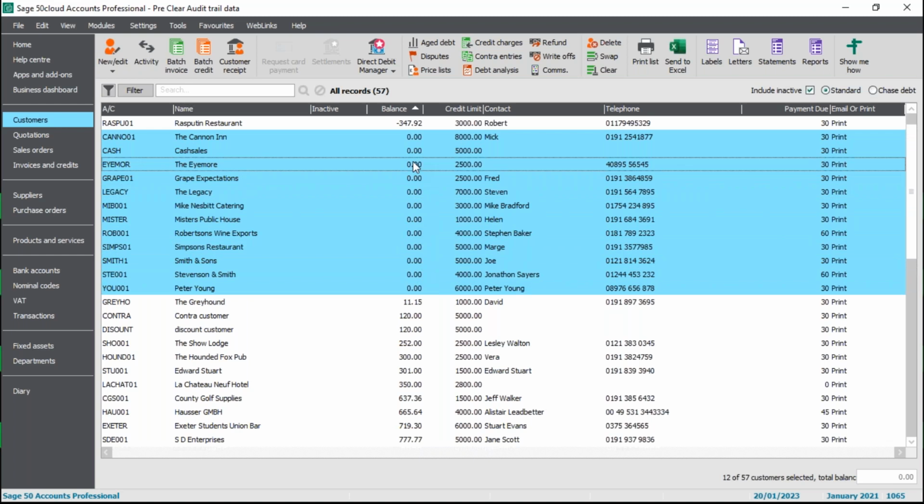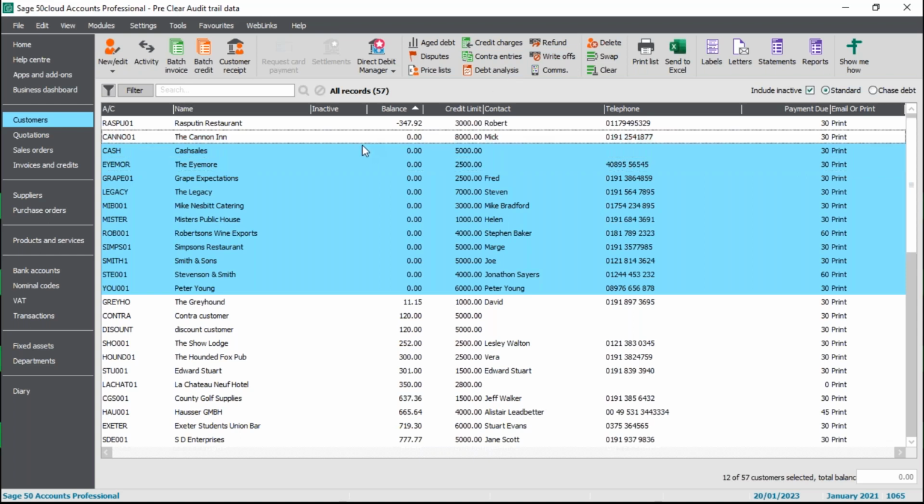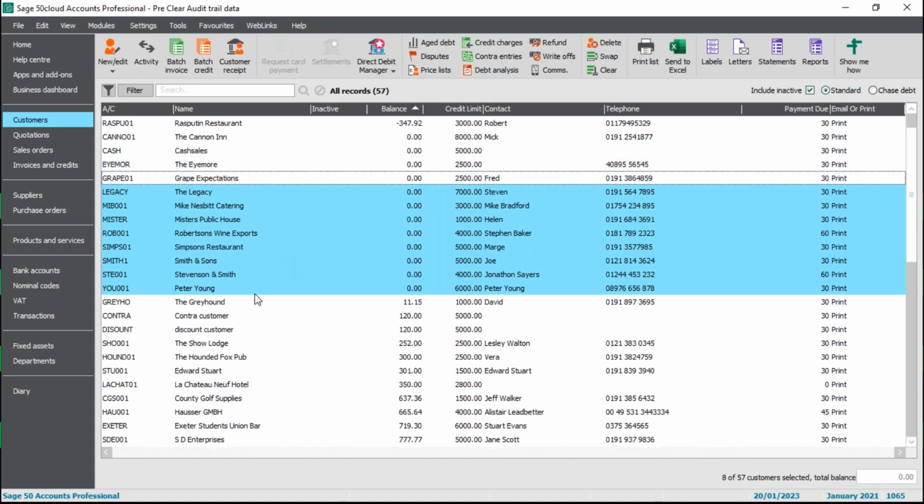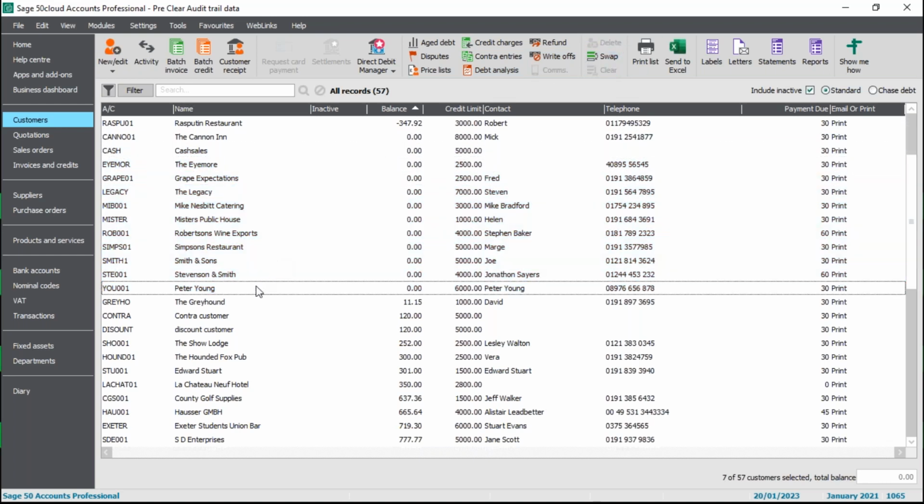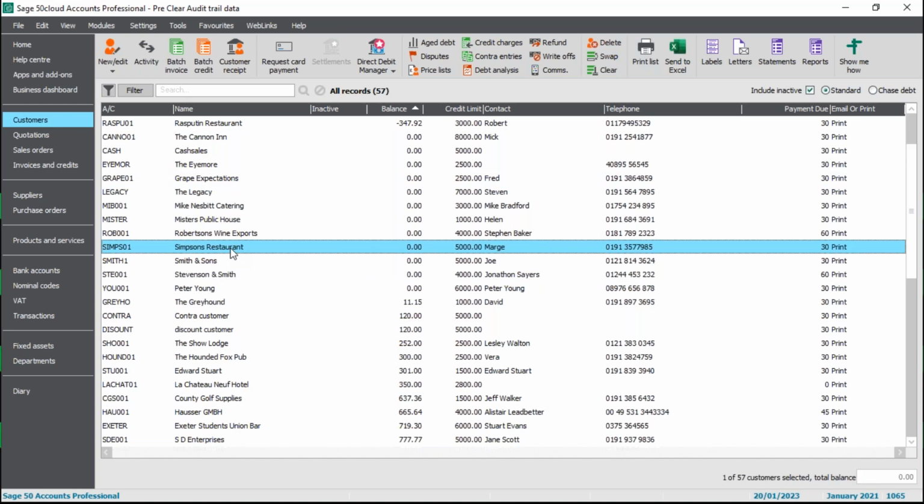all showing there. Now, deleting a customer or supplier record is actually quite simple. It is a matter of highlighting and deleting. But if they don't meet the other criteria, it won't remove them for us. So just as an example, I just want to go into one of these for you. So I'm just going to clear. If I go into Simpson's Restaurant, I'm just going to highlight them. And if I try to delete,